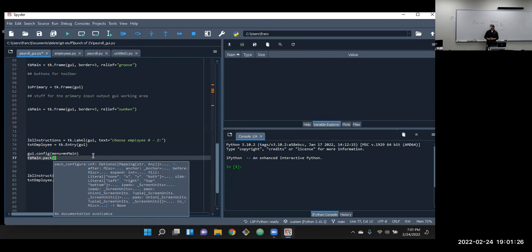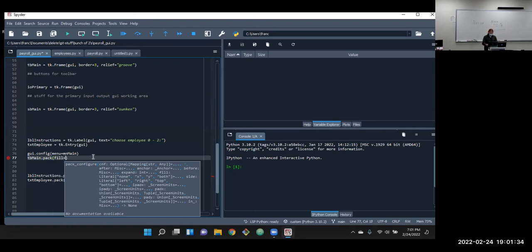And this one we want to stretch all the way across our GUI, right? So to do that, we set fill equal to both. So by default, pack will try to center it. And then we can fill it to the left or fill it to the right or fill it both ways.